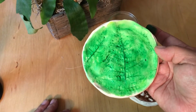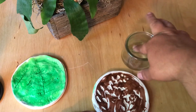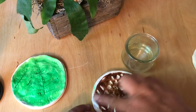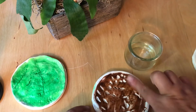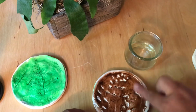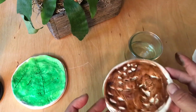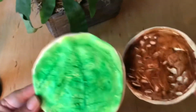If you're using a salt dough, you want to be careful not to make too much wetness, because then it will break down the clay. So you just want to go really quick. And then you'll see you've got your prints. So we've got our fern,